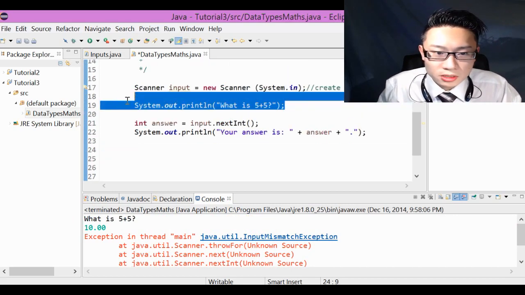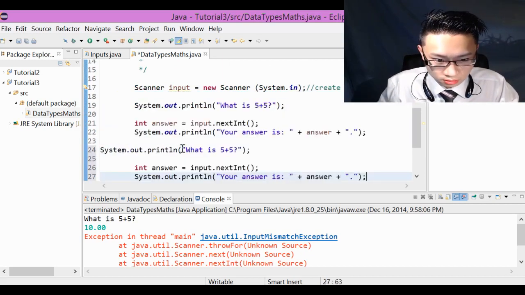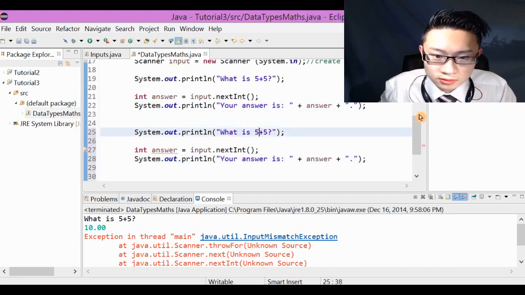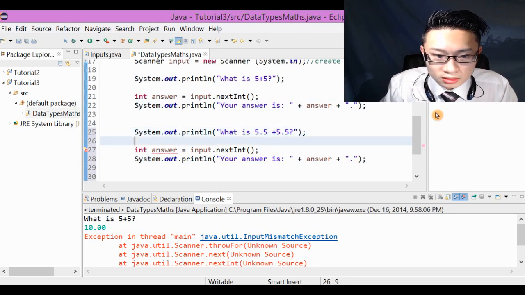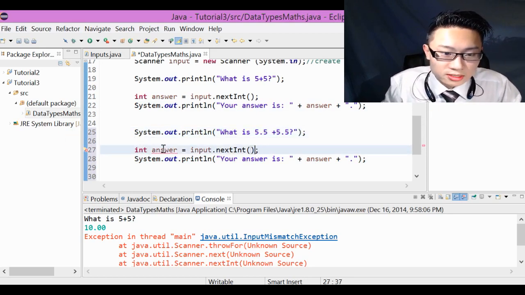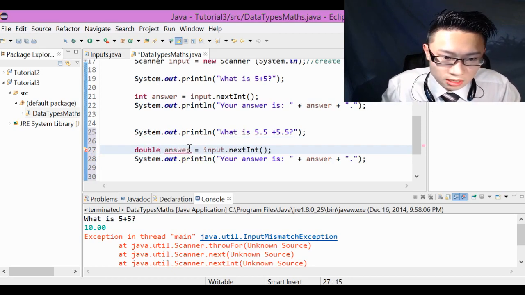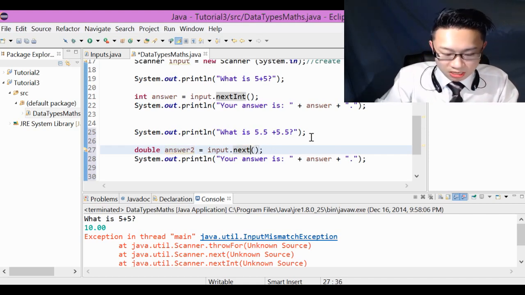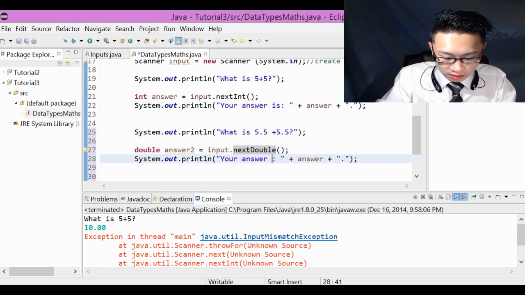As coders, we like to copy code, so we can copy this, or copy the whole line. So what is 5.5 plus 5.5? And that should give me 11. As you can see, answer is underlined in red because we've got duplicate variables. So I'm going to change this to double, and I usually put a 2 to differentiate the variables. input.next, and we have to put double here. So System.out.println, your answer for decimal point